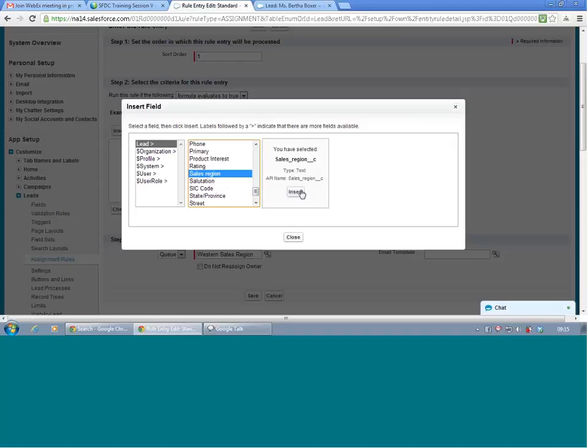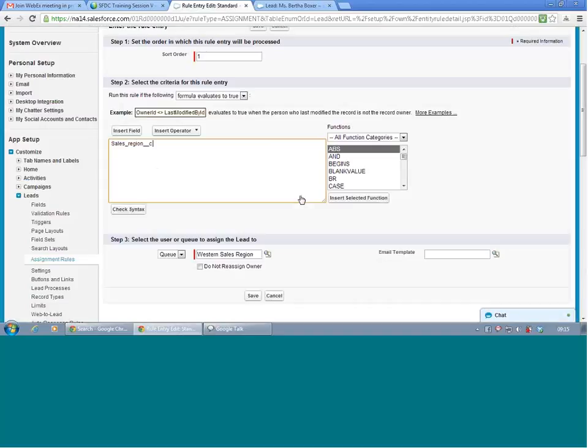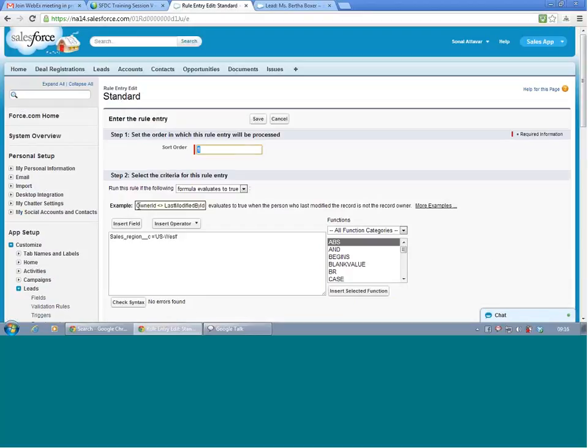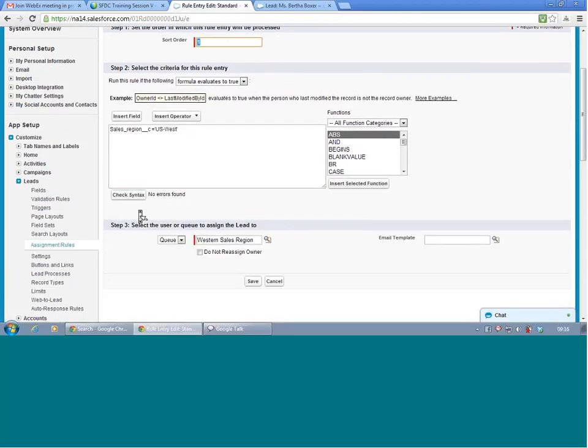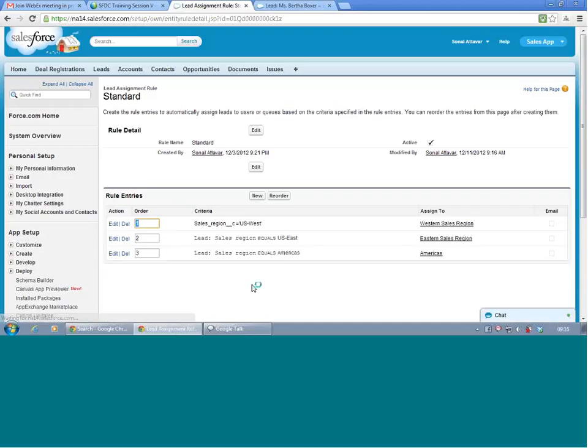Sales region, insert, and put equals single quotes US-West and close single quotes, and check the syntax. Then you can save it. This is also all the same, right?